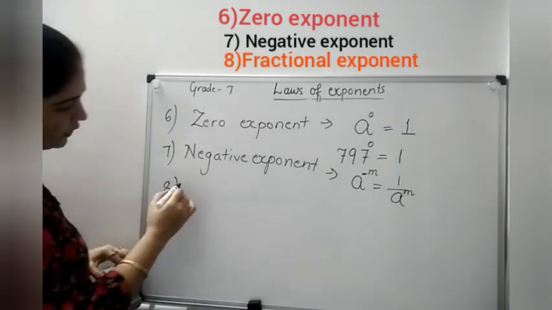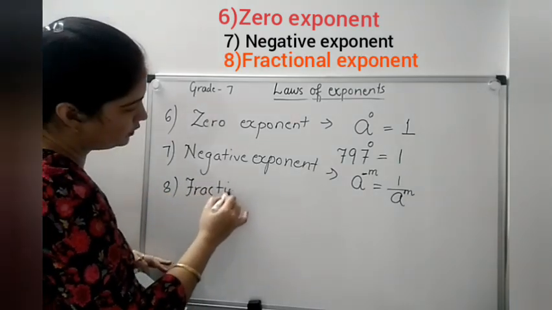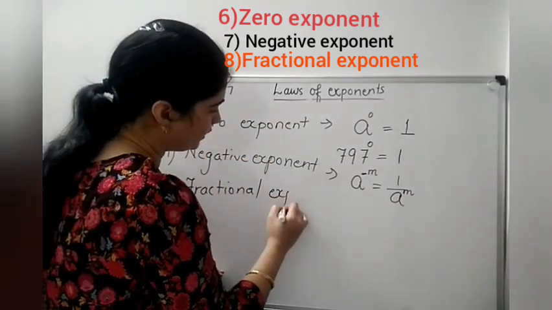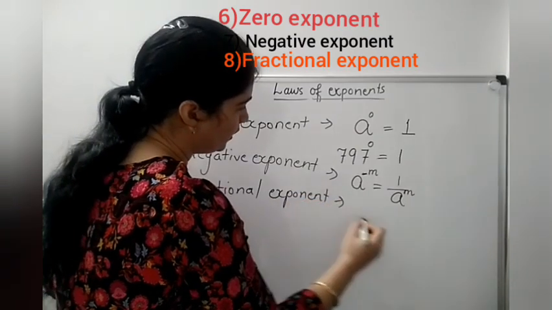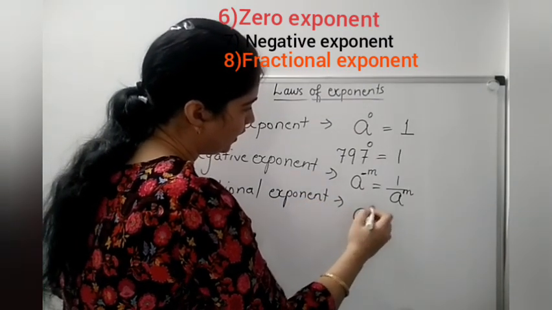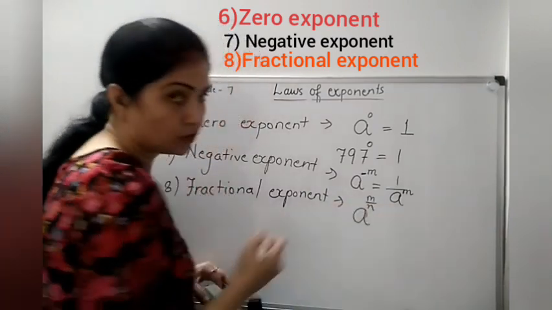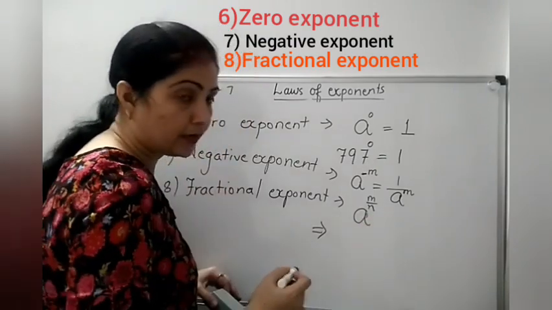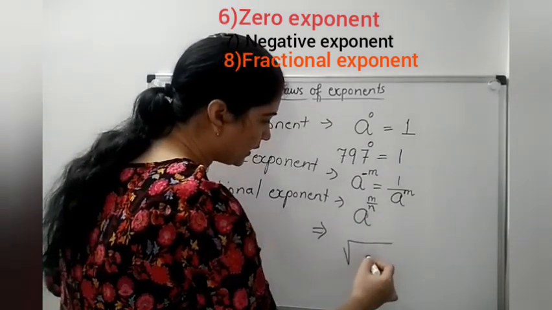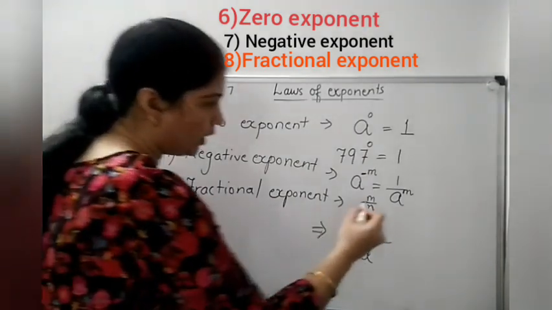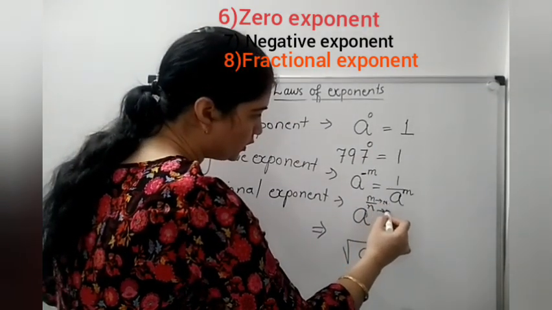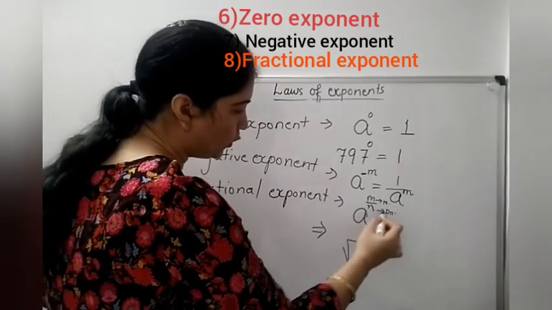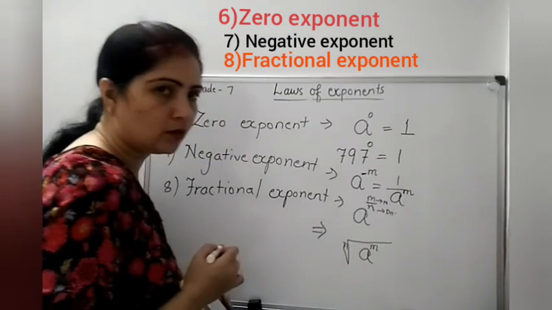Now the last rule we are going to see is when the exponent is in fractional form, the fractional exponent rule. Before that we saw the base in fraction form. Now we are saying the exponent is in fraction form. Suppose a is the base and the exponent is m upon n. It's a very important rule, so see it carefully. We can write it this way also: a will come inside the root. The numerator will always come as the power and the denominator will always come as the root.